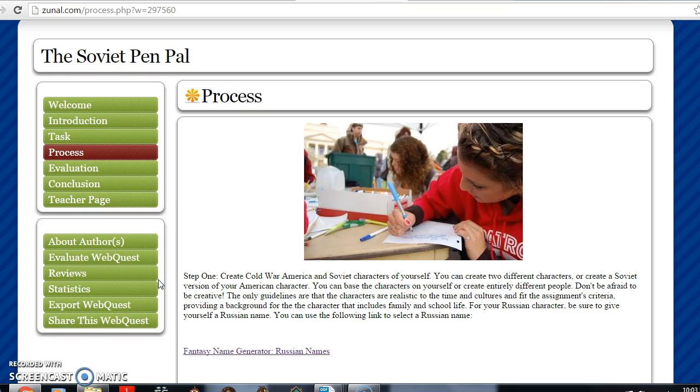Then, once those letters were completed, the students would be introduced to each other and they would discuss the experiences and the insights that the unit had given about themselves, about life during the period, and how the people who lived during that period viewed each other. The idea is to create a sort of empathy and an understanding of everyday life during that period, which is something I think is not touched on often enough